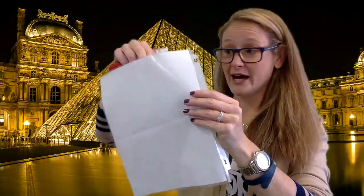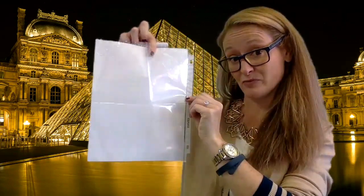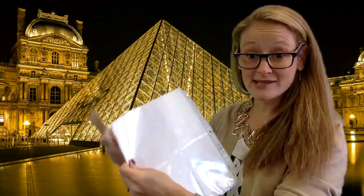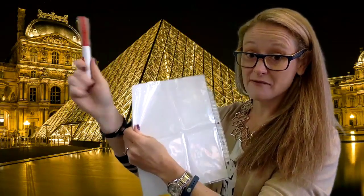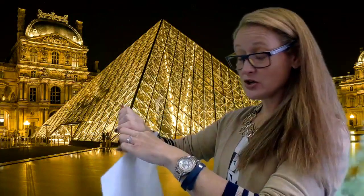But since we can't share those this year, we're all going to make our own little individual dry erase boards. So what's going to happen is in class, I will give you some plain white paper that you will put into your clear plastic sheet protector. And then your next class supply is to make sure you always have 2 or 3 dry erase markers with you. And then you can write on this